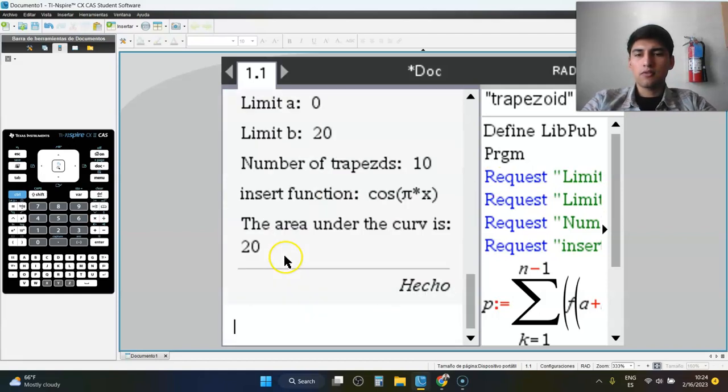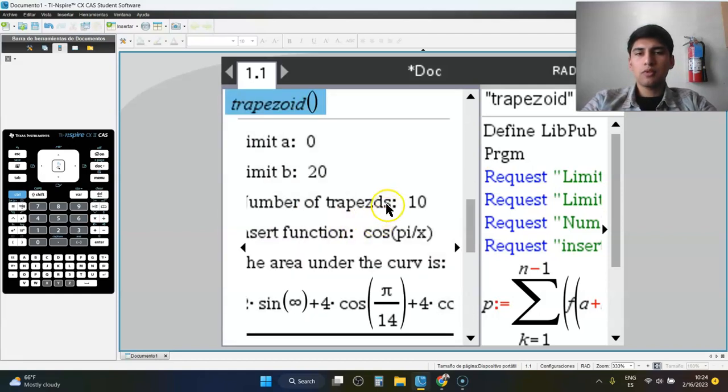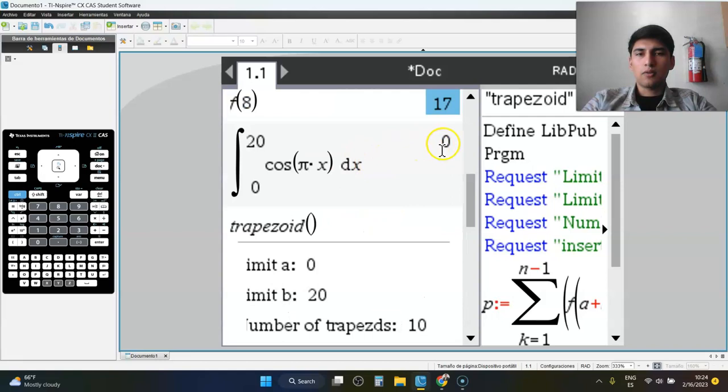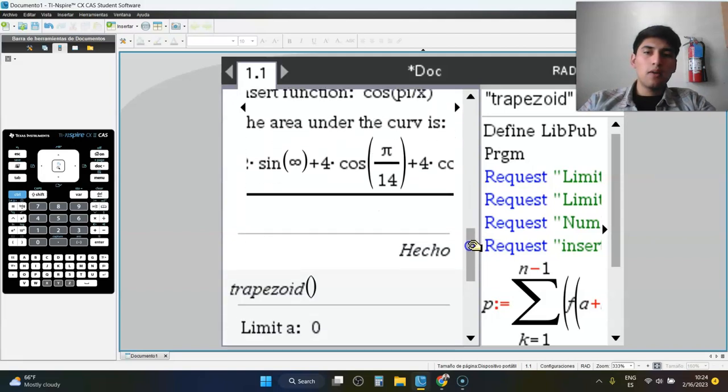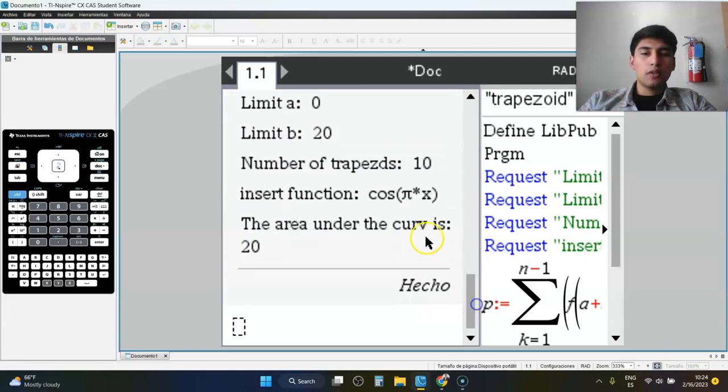Why is it different, 20 with the trapezoid rule and 0 from the original method? This is because this is gonna compute between some values between 0 to 20, but remember that this is a trigonometric function, so it's gonna depend. If you do this on paper, you notice that. But also the